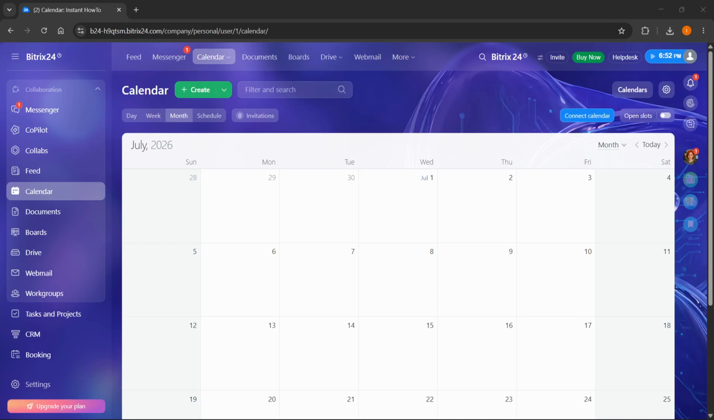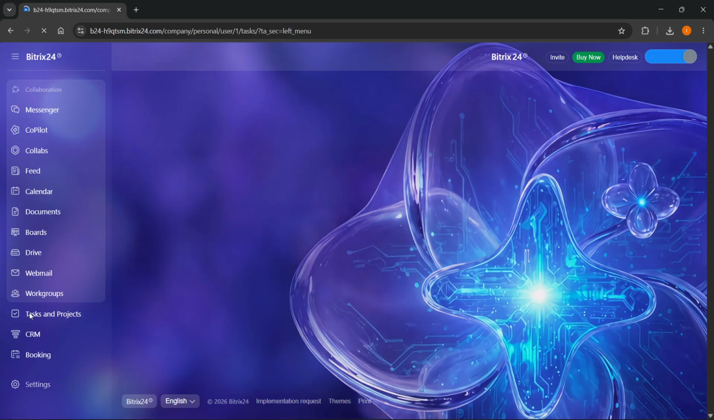In this video, I'm going to show you how to create recurring tasks in Bitrix24. Now to do this, first you want to open your dashboard. You want to go to the left here where it says tasks and projects. You want to click on that, and then from here we're not going to click on the create button up